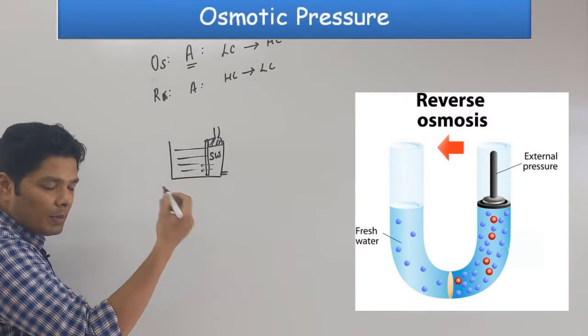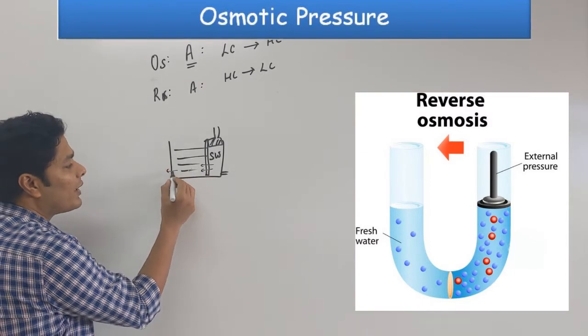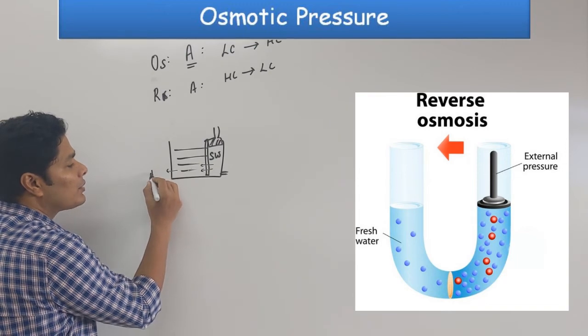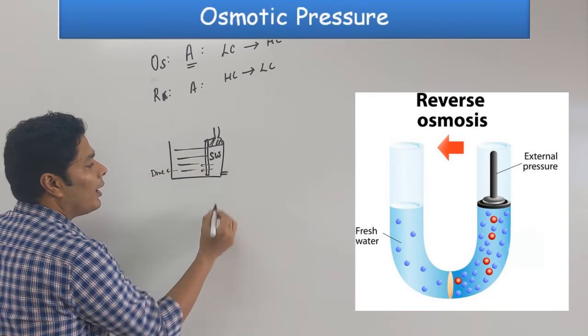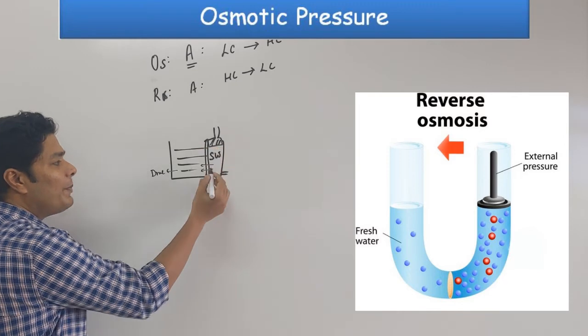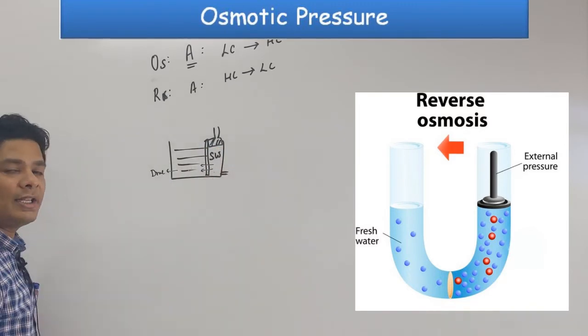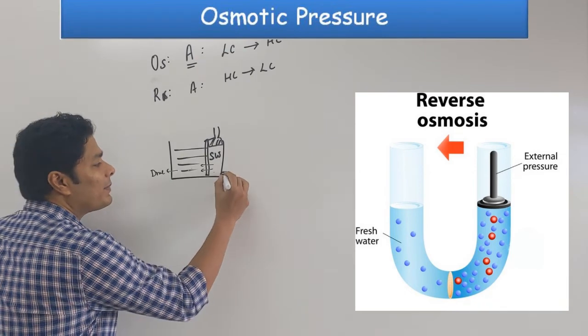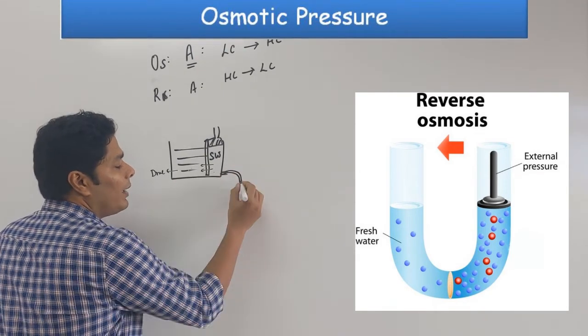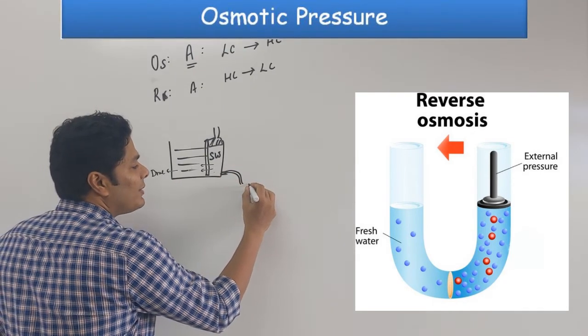Okay. Now what can I do? I can use this for drinking. So this is drinking. And what happens here? I keep pushing the water out, so this gets more and more salty than what you started with. So this is the pipe that comes out. This water is extremely salty.